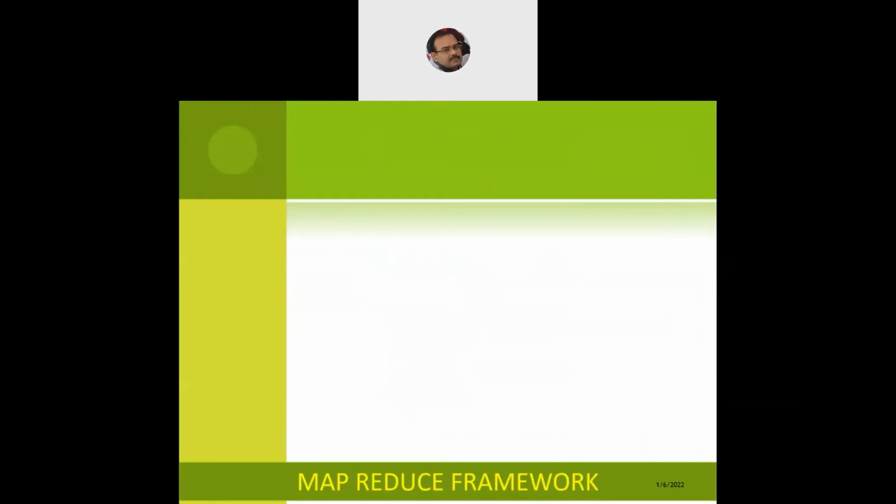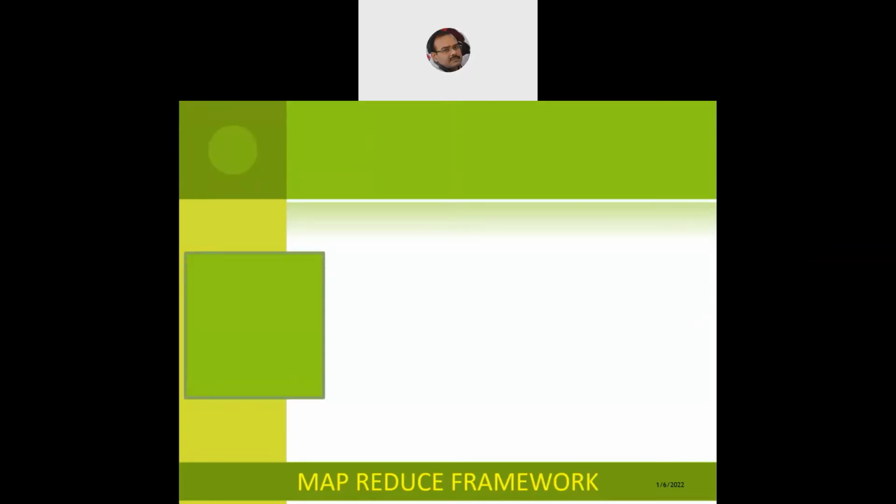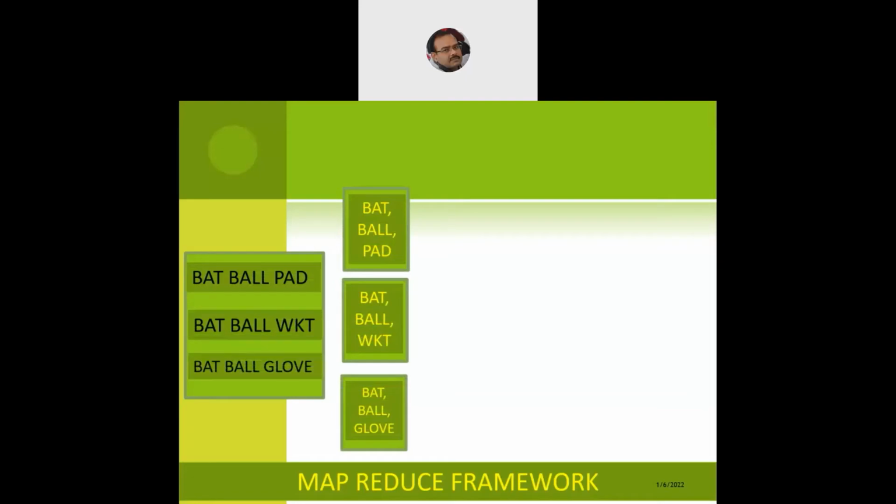Now on the same lines, there's another example which I want every one of you to try out at your own end. Nowadays the cricket match is going on, so almost everyone in India has a big craze for cricket. So it's a MapReduce framework example for a typical input string with the bat, the ball, and the pad, because these are the 3 basics. The first string comes with the bat, ball, and the pad. Second string is the bat, the ball, and the wicket. Third is the bat, the ball, and the glove.